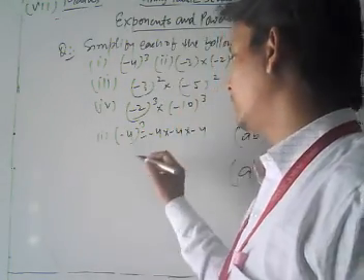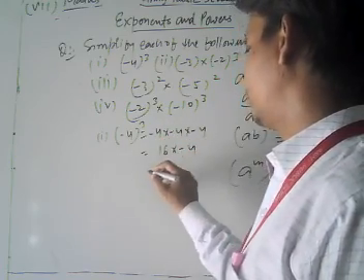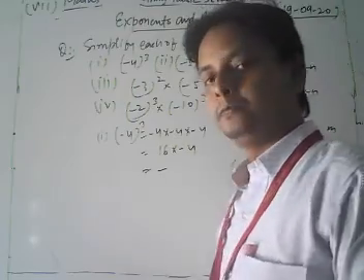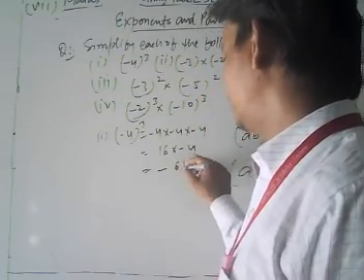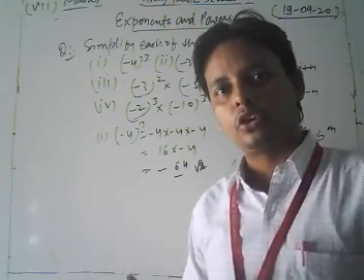So here we get minus times minus is plus, so plus 4 times 4 is 16, into minus 4. So we get minus, 16 times 4 is 64. Minus 64 is our required answer. Okay. So dear student, this is the method to solve this type of question.